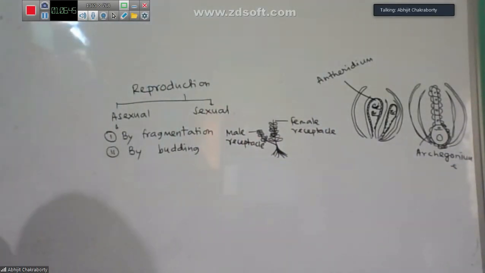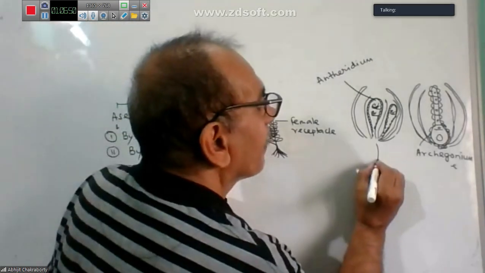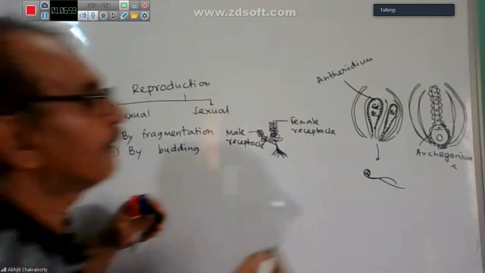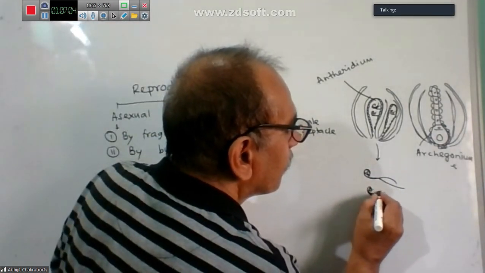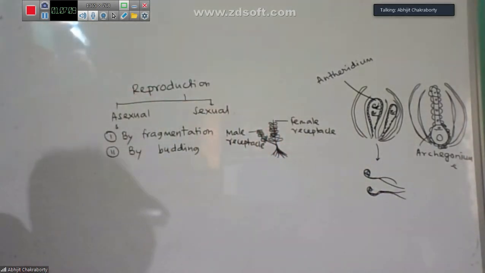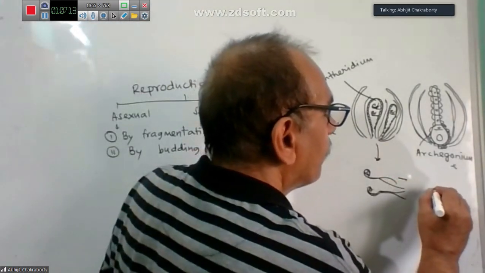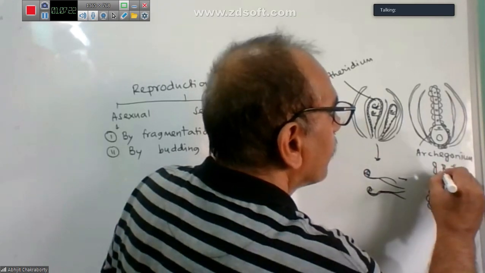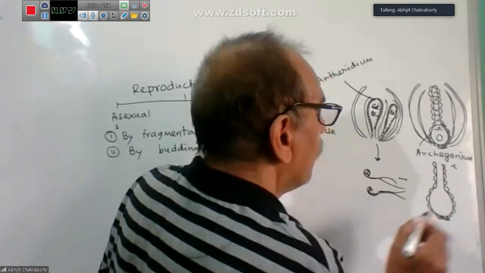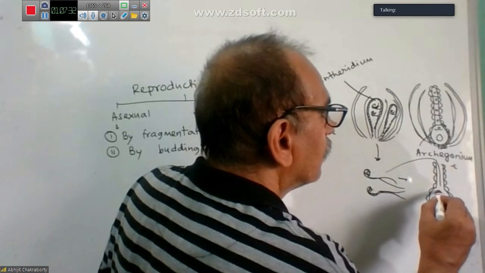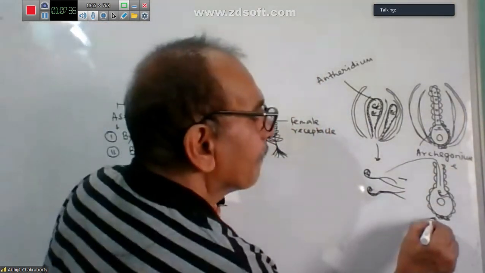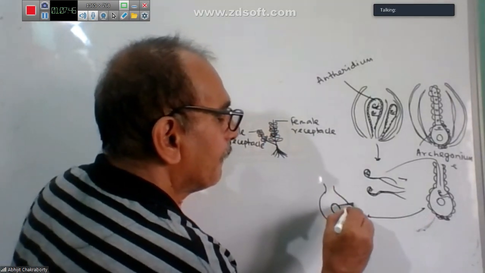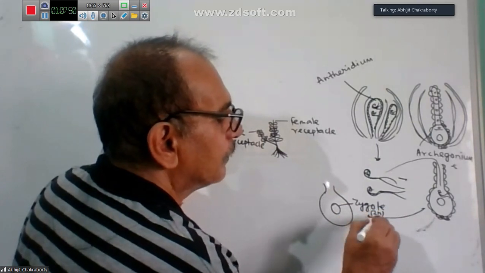So similarly, when the wall of the antheridium is broken down, biflagellated sperms are produced. They are to reach the archegonium to fertilize the egg. Once the egg is fertilized, zygote is formed. Same thing, zygote